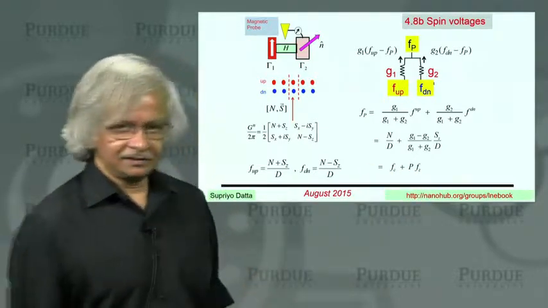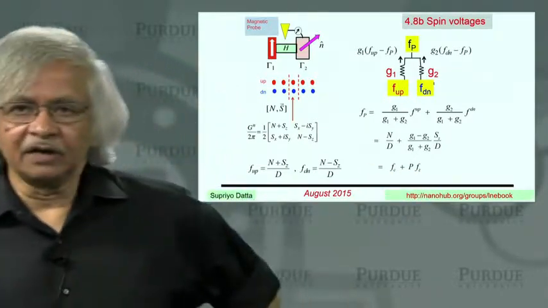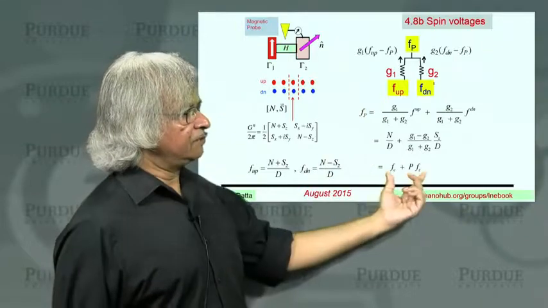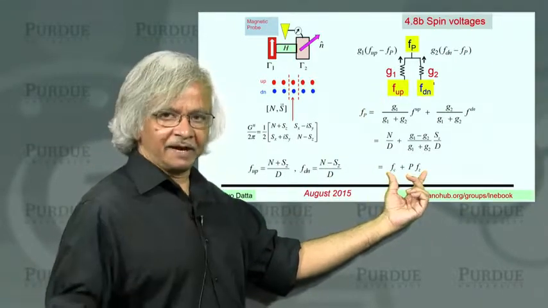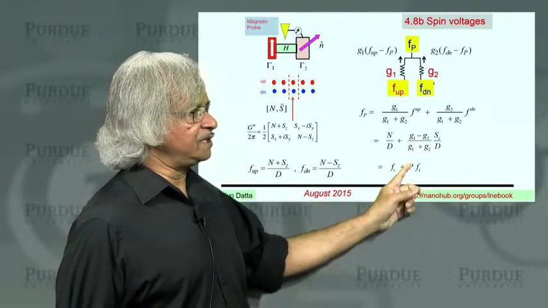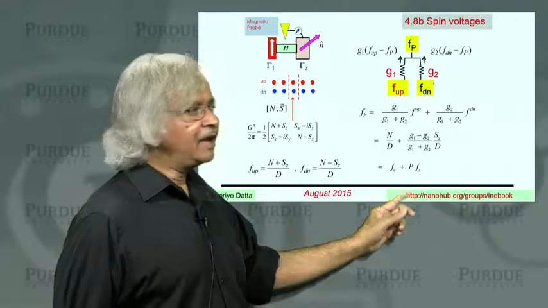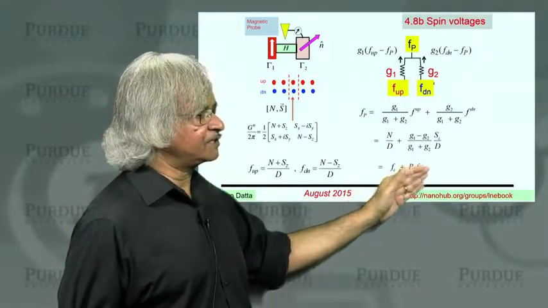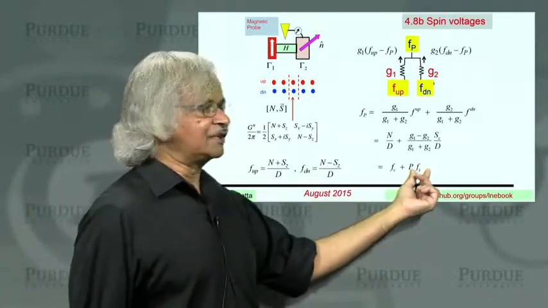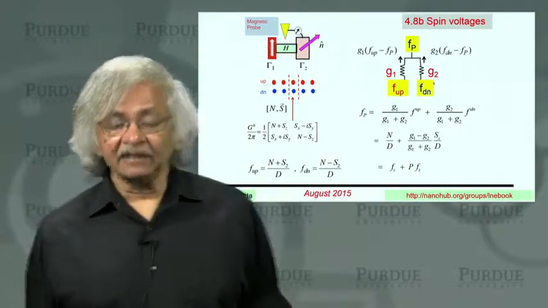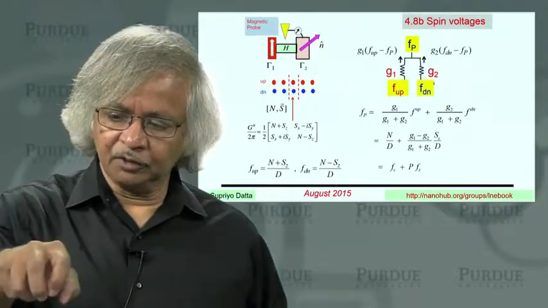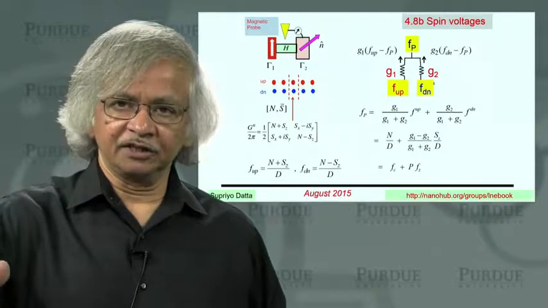And you could extract it. The common way of extracting spin potential information is that you measure this Fp with a magnet, and then you reverse the magnet. Because if you reverse the magnet, then G2 and G1 get interchanged, so P becomes minus P. And so you measure Fc plus PFz and Fc minus PFz, and by looking at the difference, you can figure out what the spin potential is. So that's a standard way of measuring spin potentials. That is, look at the potential with a magnetic probe, reverse the magnet, look at the potential again, take the